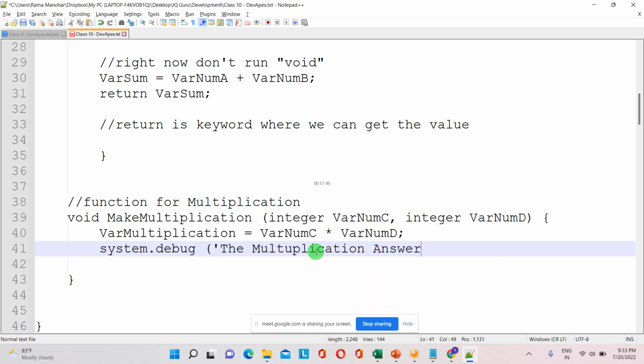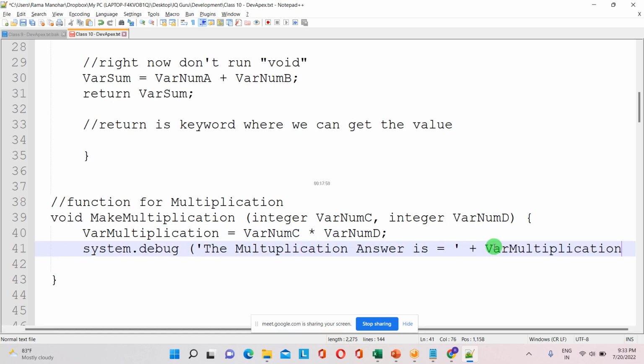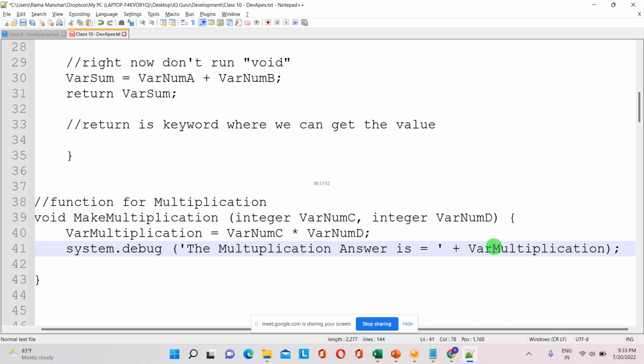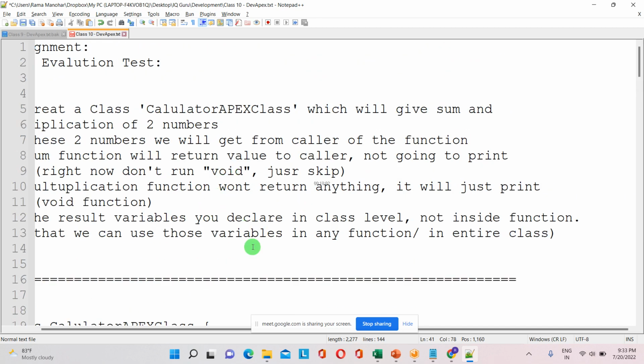Multiplication answer is, because again I need to give where C, where D. Yes, it's a lengthy process. Plus where multiplication. Done. Okay. So next, what they gave,